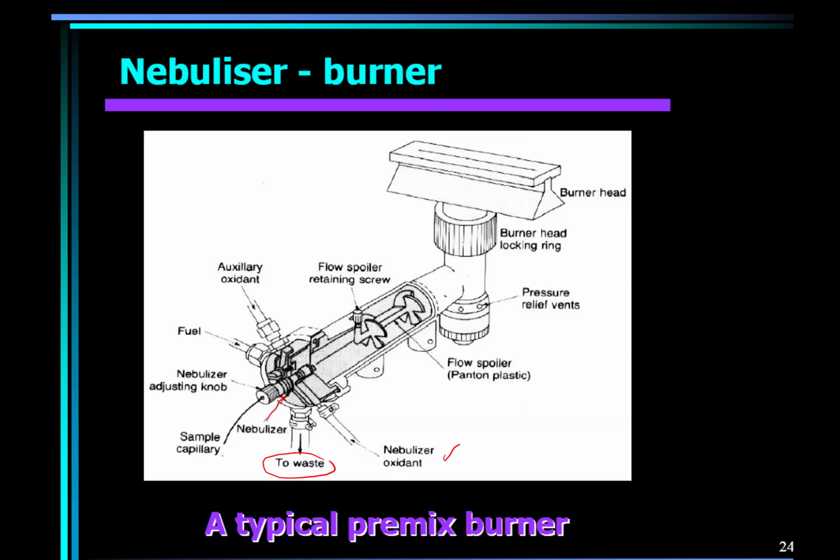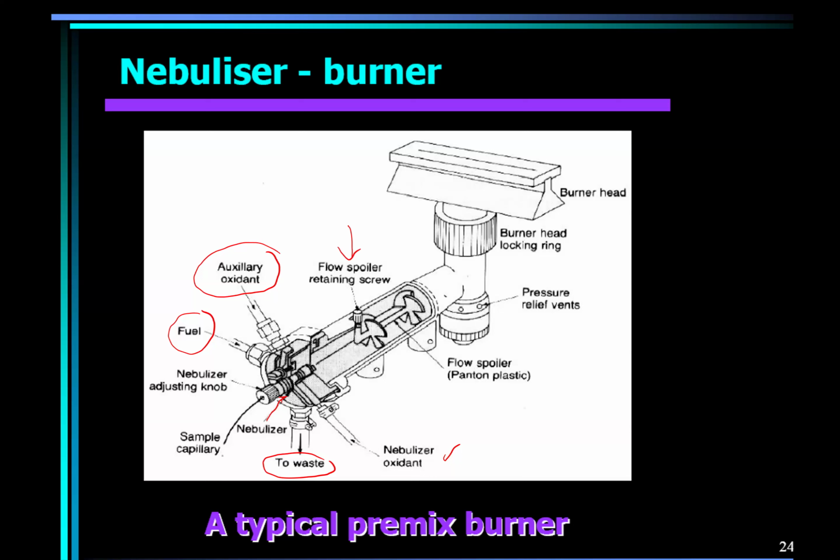aspirates. It sucks the sample in, and then notice here the fuel and the auxiliary oxidant come from one side, and so they combine together. There are various fuels that we use, and an oxidant, you're using oxygen, and then it goes through this central part here, the flow spoiler. As it rotates, you notice it's going to create some aerosol. An aerosol is